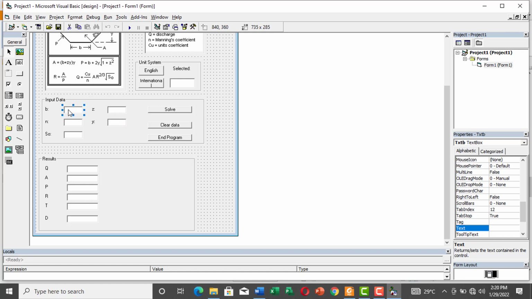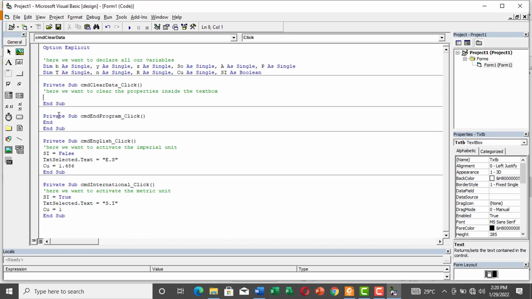Whatever is here, what will be the name? Don't forget, what is the name of the text box? Let's check the name of the text box. The name of the text box is TXTB. Then what will now be inside that text box? That is what we want to clear. We just have a dot text extension. So what will be inside the text box is txtb.text, and we want to clear that. So come here and for text, we say txtb.text equals,